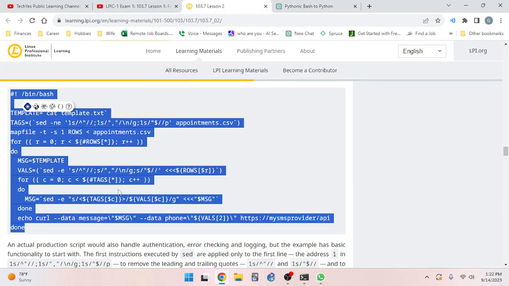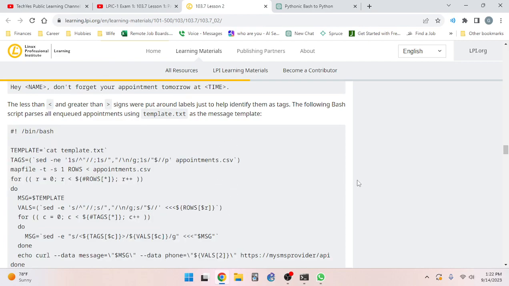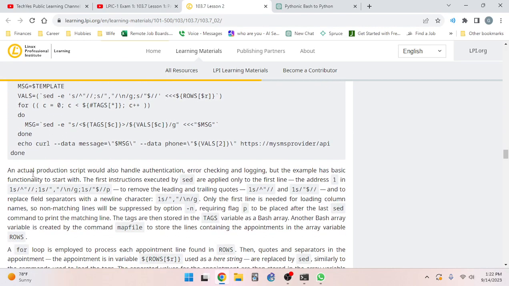So this is a really good precursor to learning Python, because you can really see, oh, you can even use this in the real world and it's just such a nightmare to get right. If only there was something better. Well, guess what there is? That's Python. An actual production script would also handle authentication, error checking, and logging, but the example has basic